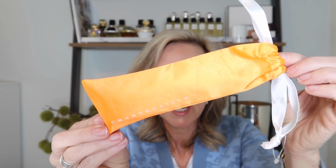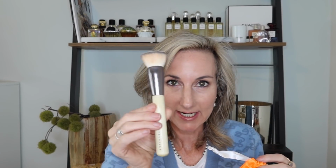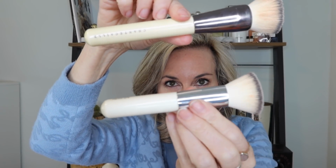Then another new item is the mini Buff and Blur brush. I have the original that I use all the time. I use this for putting on foundation as well as powders, and now it came with a mini one, which is absolutely adorable. And I find this mini one to be a little bit softer than the original. This of course is soft, but it's a little bit more densely packed. This one's just a little bit softer, and I think this is going to be